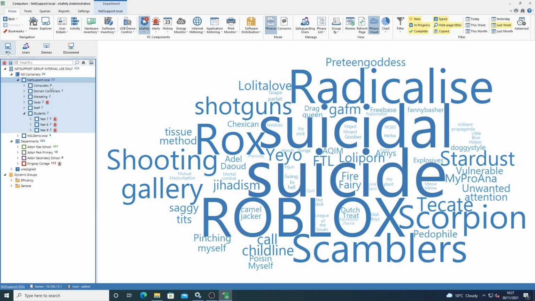Now, at the moment, I've got NetSupport Local selected here at the top. That's great, and that gives me an overview of all the triggers, and designated safeguarding leads tell me they love this feature because it enables them to see, in a heartbeat, really quickly what the trending topics are, the things that people are looking at most within their actual school. But I wanted to dive a bit deeper